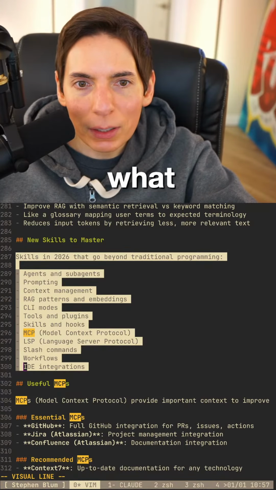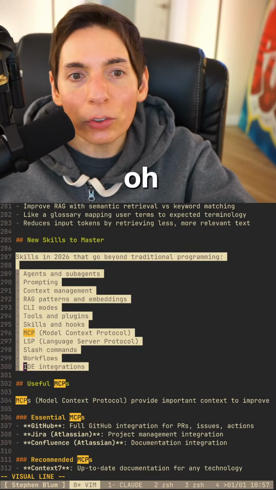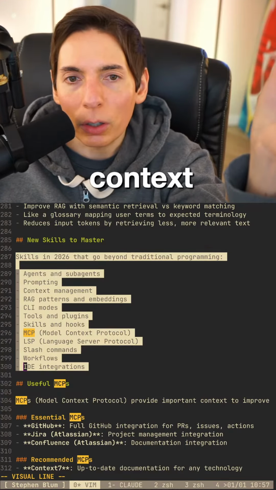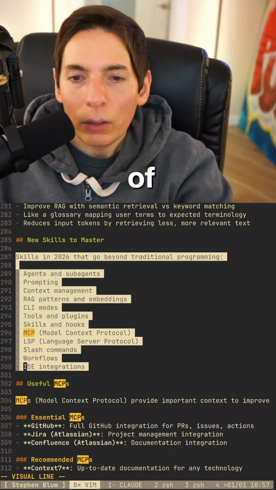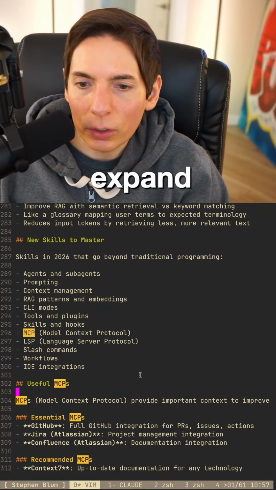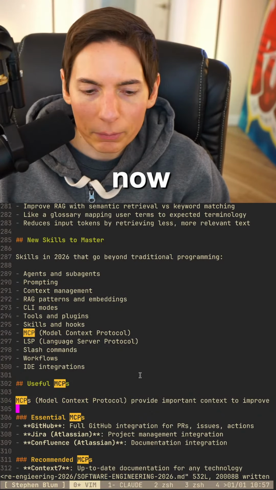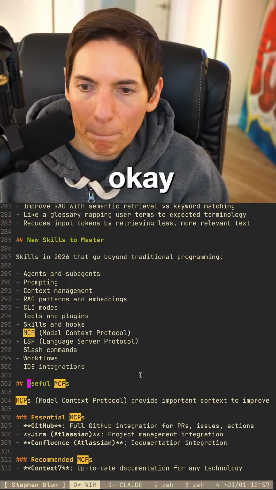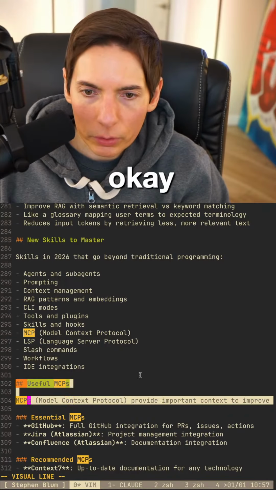about that. What is MCP, and explain its use. Oh, hey, Mr. 8long, how's it going? So model context protocol is sort of, let's expand this. Okay, so let's do that right now. We'll use AI to expand it. Function F2, close, clear.